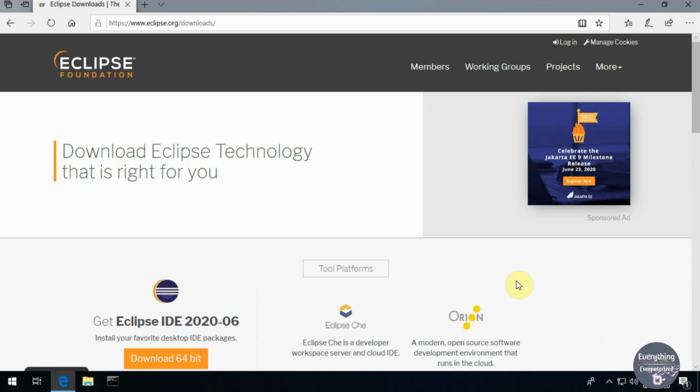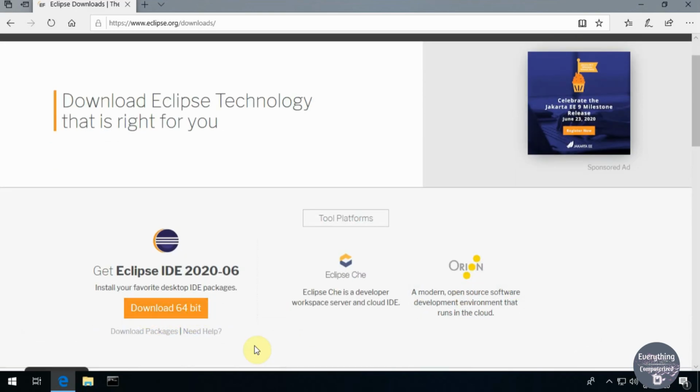You can also install the web installer. It will ask you for the IDE which you want to download at the time of installation. You can choose from various options because Eclipse IDE can be used for programming in Java as well as for C++ and for other platforms also. As we are only interested in Java programming, we will download the Eclipse IDE for Java. To download the web installer, you can click on this button, but I'll be downloading Eclipse in a different way.